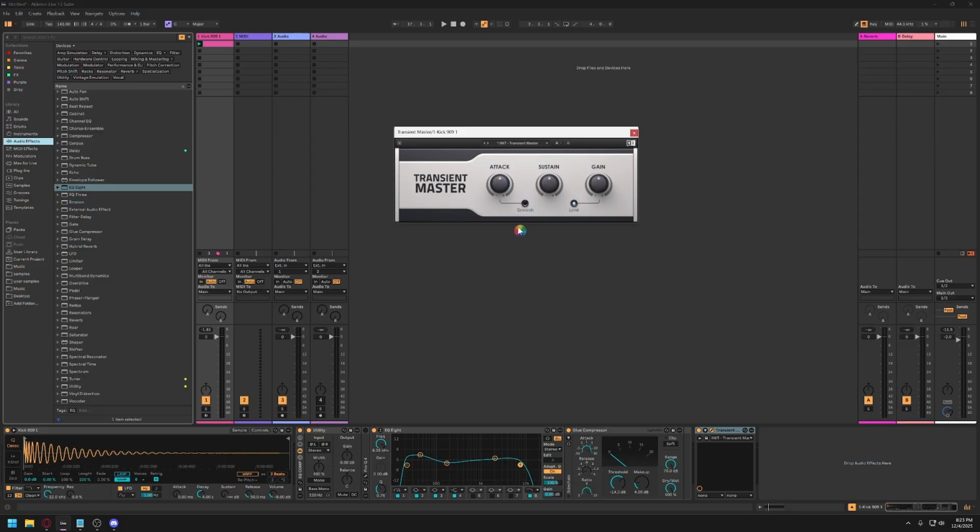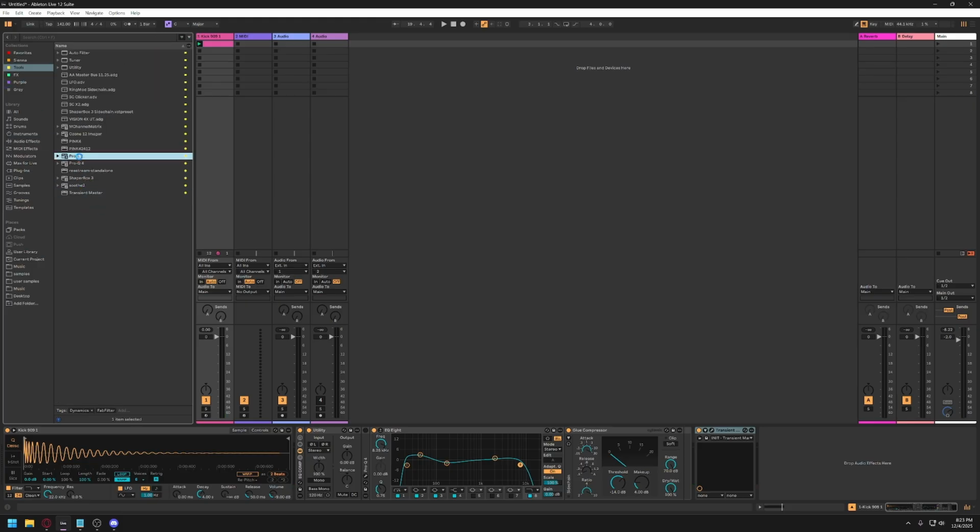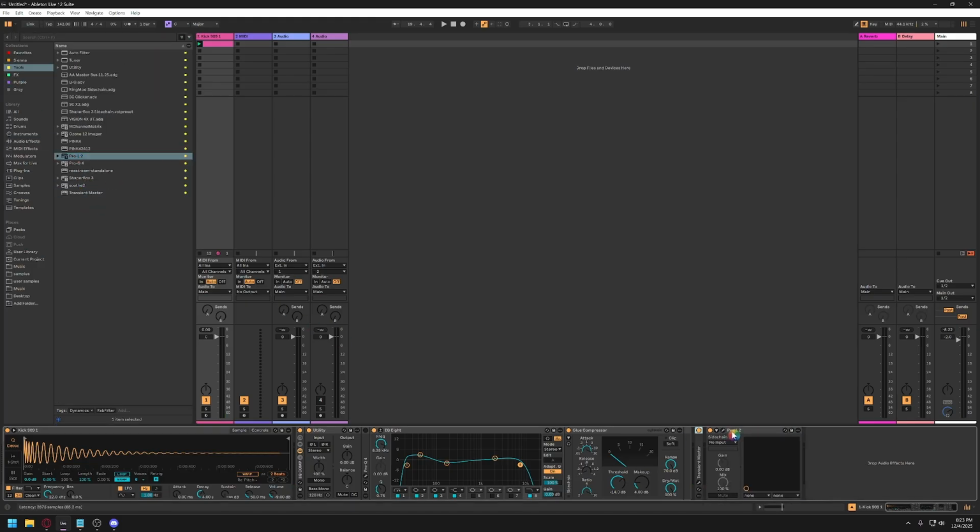You can hear the difference on the attack of that. So turn it up. Give it a bit more of a whack, transient sound. Just turn that up a little bit, and yeah. Then put a limiter after that